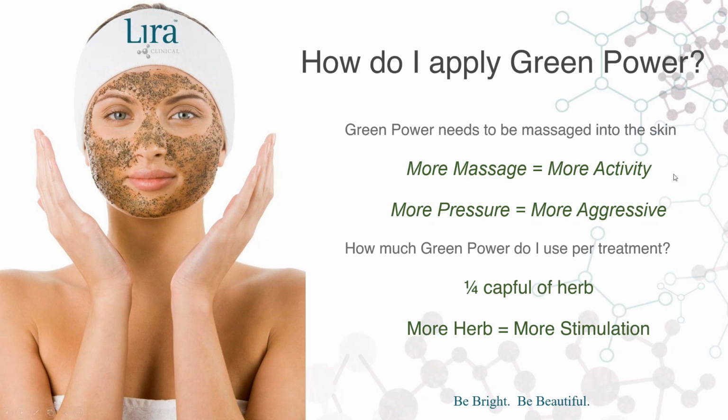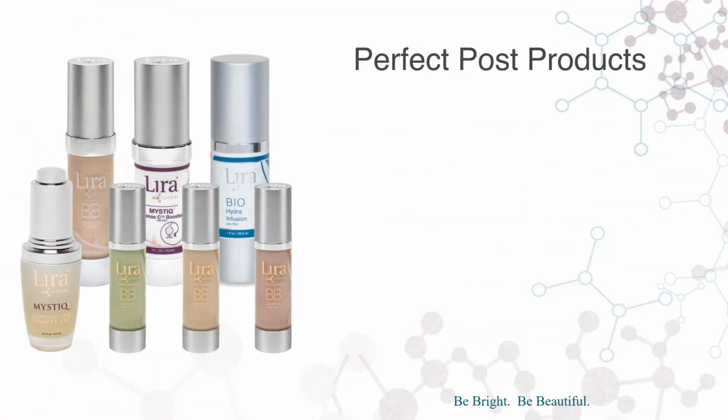So when we have our green power, what do you put on the skin directly afterwards? Because if their skin's still a little bit active, a little bit tingly, what is going to work the best? Just as we have talked about CIT, this is an alternative to CIT. Any of your post products that you are performing with regular microchanneling with an actual needle, whether it's a machine or a pen device or an actual roller, any of those post products are going to work well with your green power. Some of our favorites that we like to utilize is going to be our Mystique Intense C15